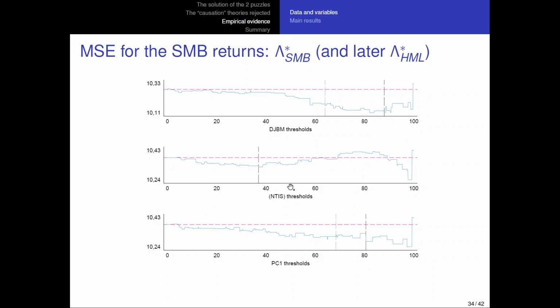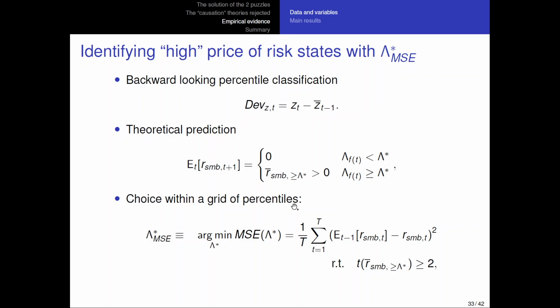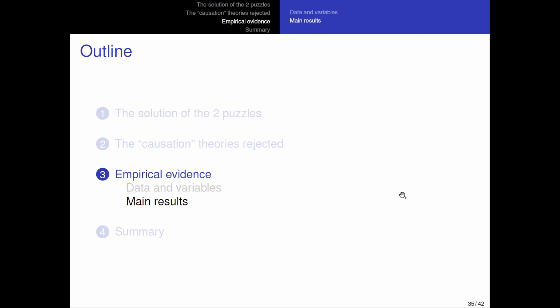If you use the net equity expansion, it's not really good, as you see here. It would have a very strange type of pattern here. But for the first principal component, it is here at 80%. So if it's above the 80th percentile, then the size premium is significant. If it's below, it's not. So this is the point, right? I will talk later about these lighter gray points here. So this is the point where this function is minimized,